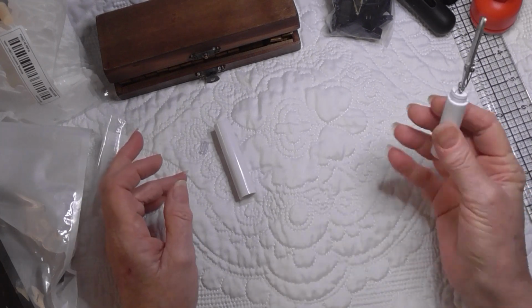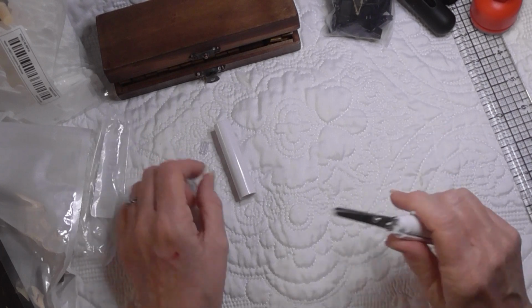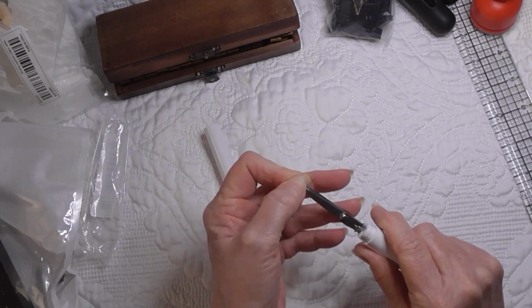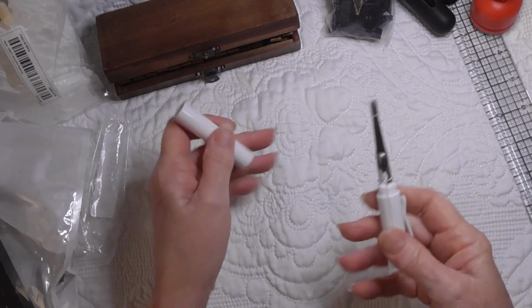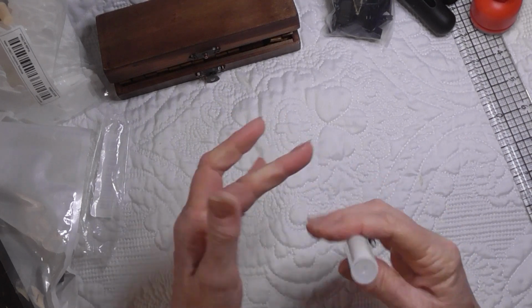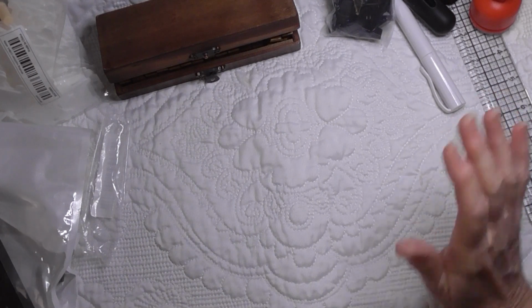I think they take a little bit of getting used to because there's no finger holes, but for just general scissors, I think I will put them in my handbag, you know, just to have on hand. I think they would be very handy. So I got those. I also got